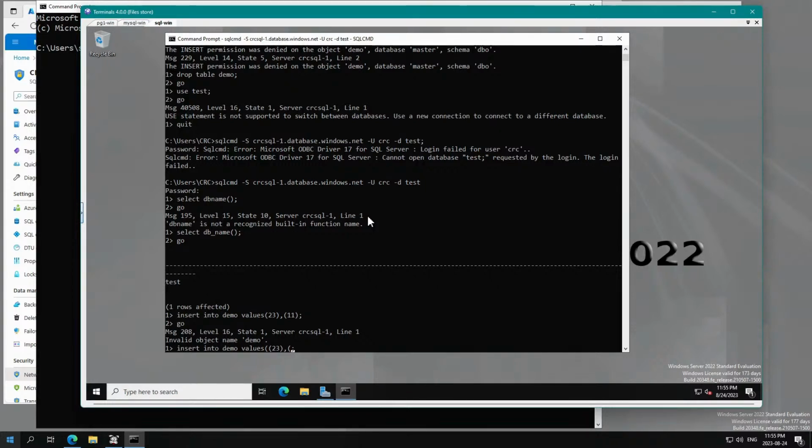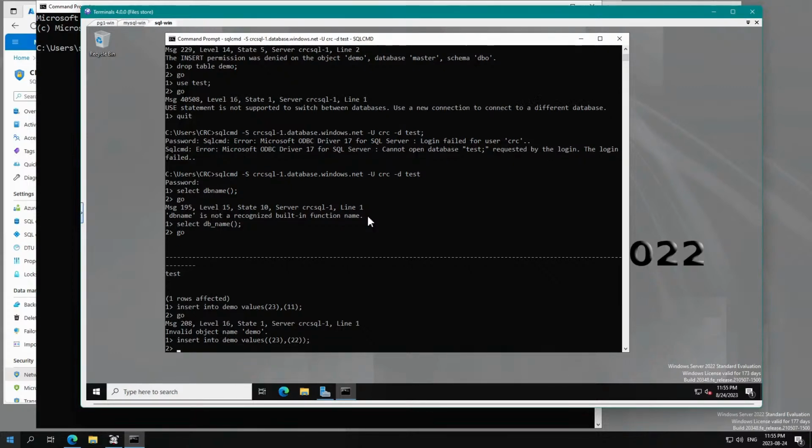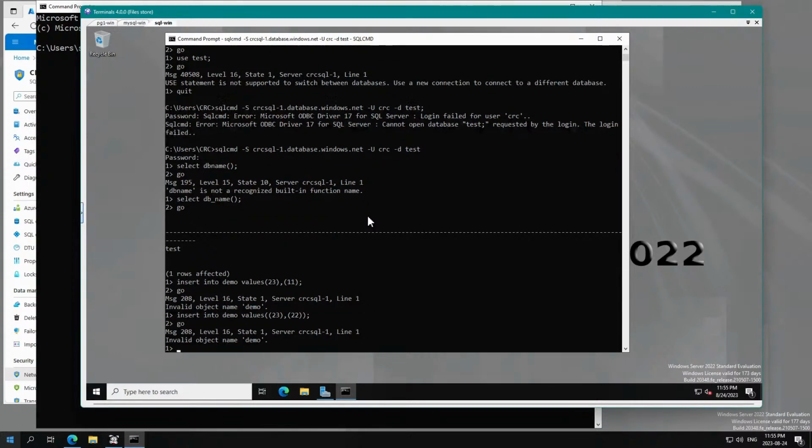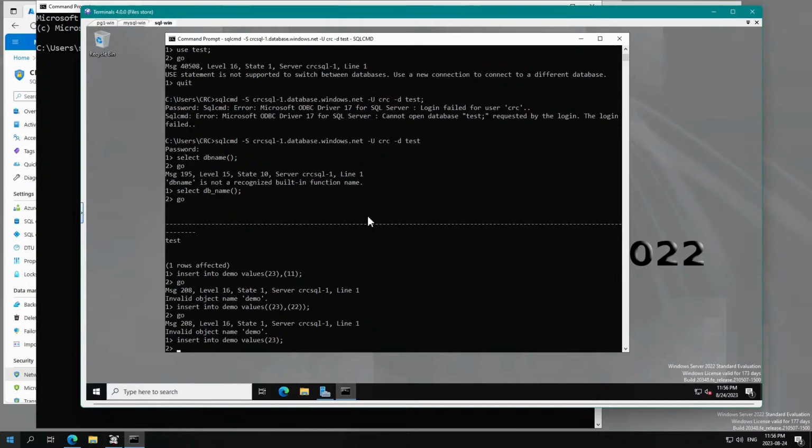Comma 2, then like this. No, T-SQL is not taking this one. I was trying to give it one row at a time, but it's not accepting. Anyways, so our purpose is done, and we will press go here, and then